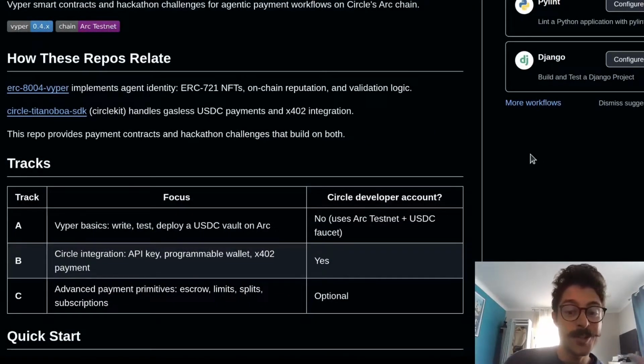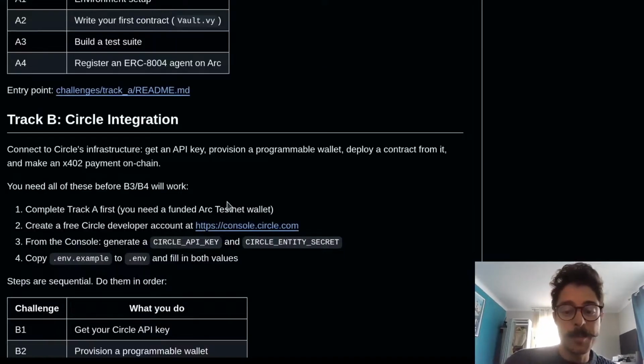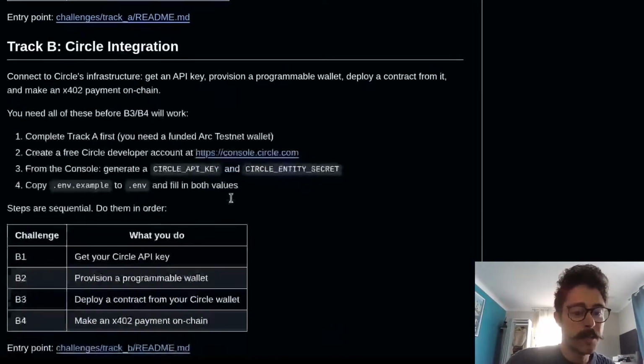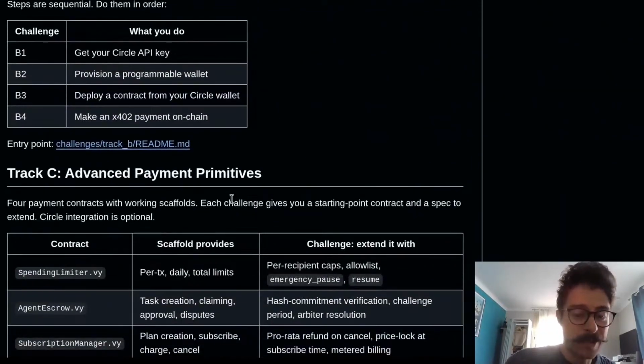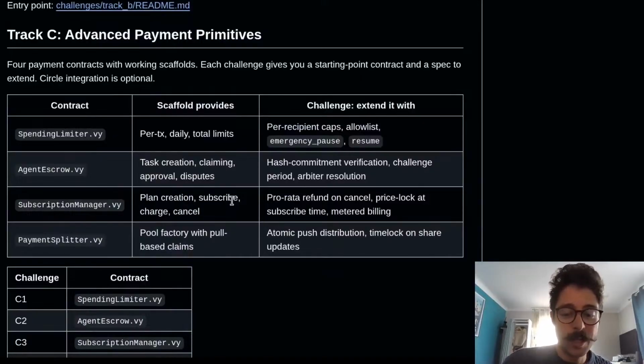Then there is the Viper Agentic Payments repository that provides 6 smart contracts: a USDC vault, an escrow, a spending limit contract, subscriptions, revenue splitting, and a payment scaffold. There are 3 tracks from the basics to the most advanced primitives, and there are interesting elements that you can use. If you're building per API monetization or per usage billing, then you can start with track B, as the paywall is 10 lines of code. Then the agent-to-agent payment loop is also covered in track B, and then you can go to track C for the escrow contract, where you can find other interesting primitives.